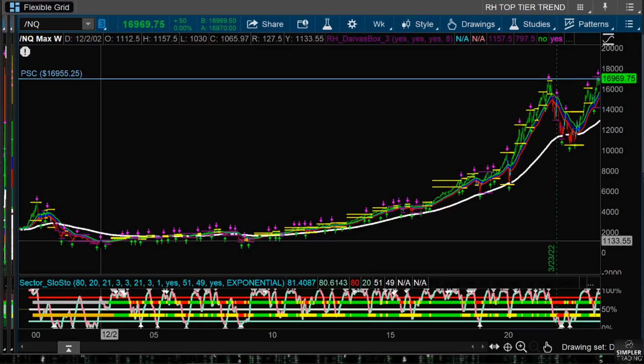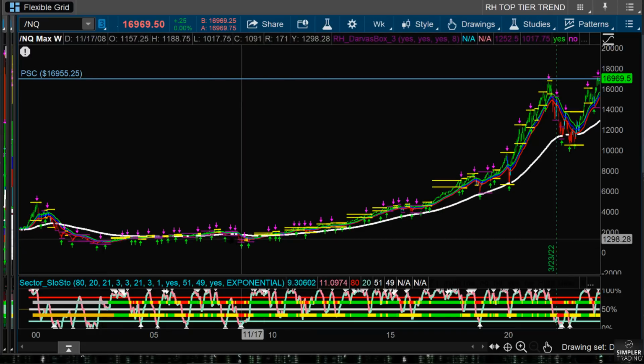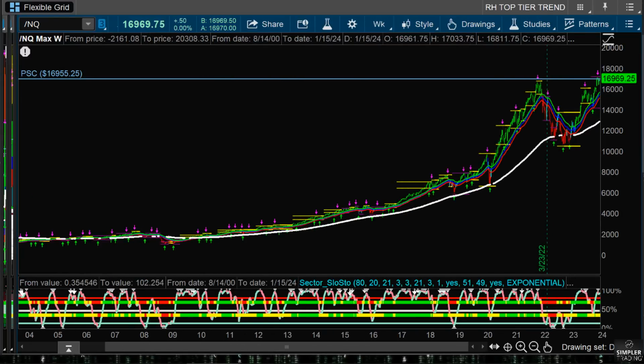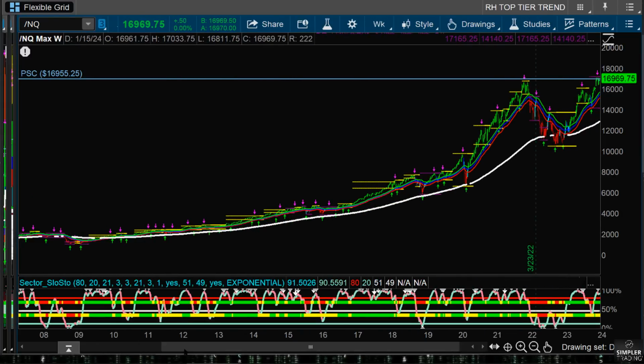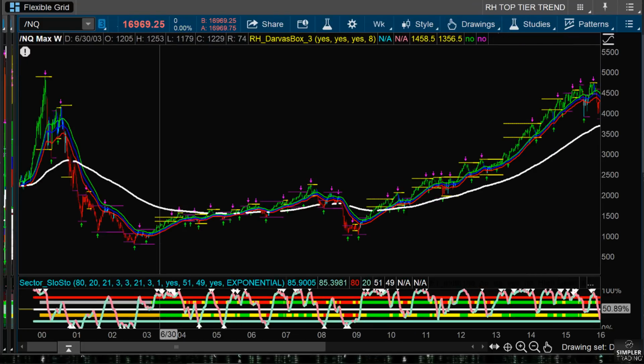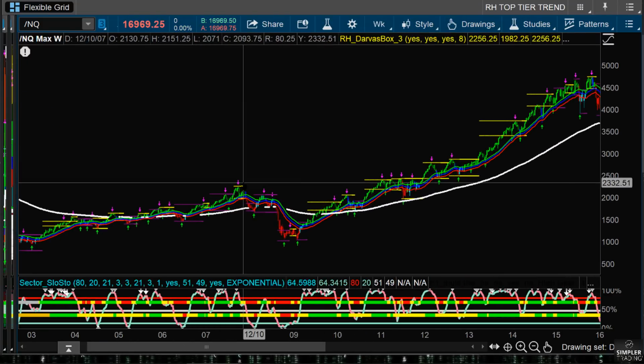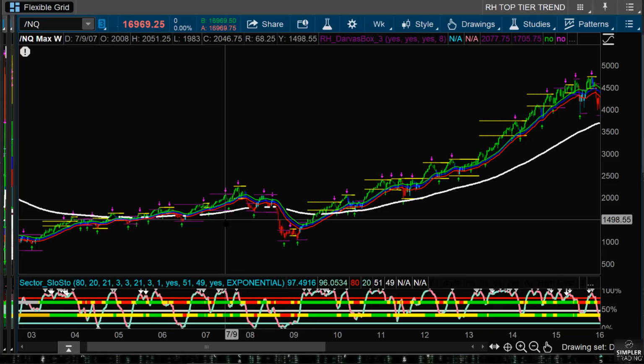Subsequently, this led to 2 years of hiking between 2004 and 2006 in response to the housing boom. But rates were so low, this, of course, set up moral hazard and the 2007 housing crash. Now, these moves look quaint by comparison to what we have now. But remember, back then, these were huge moves, as I scroll in and show you what this looked like.